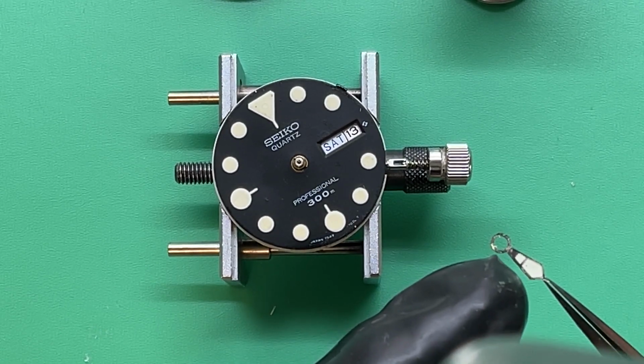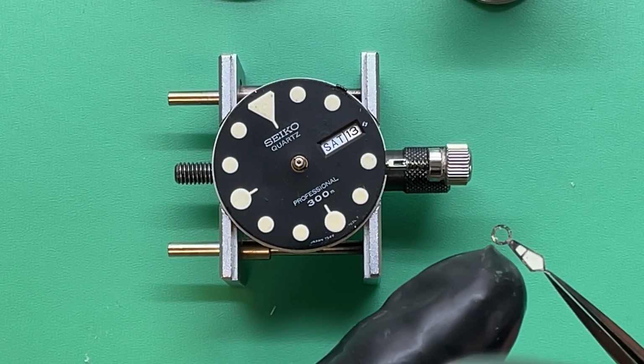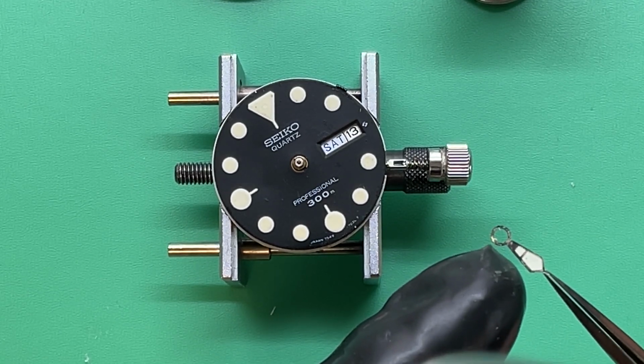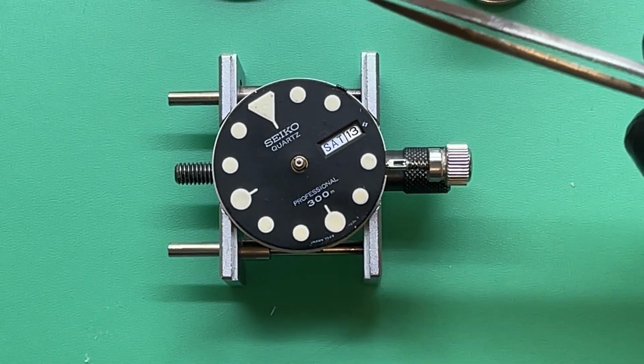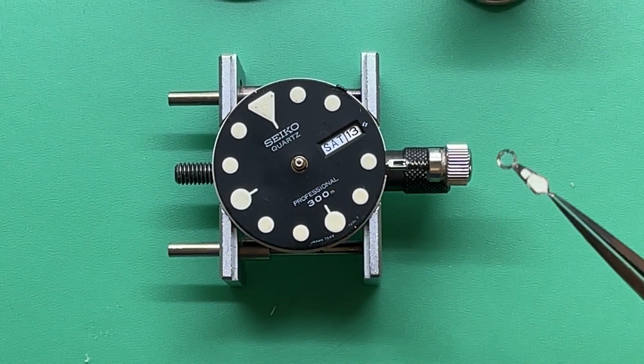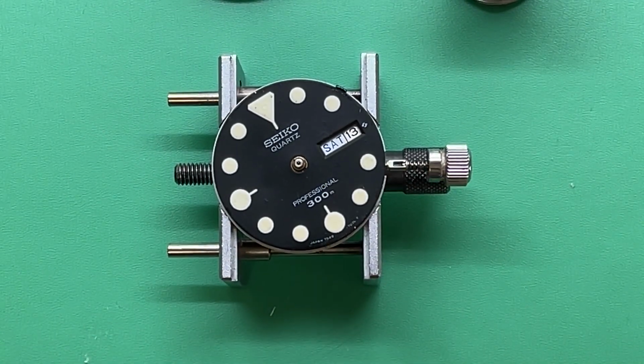So this black stuff, it depends. I'm going to clean it. It's possible that the black stuff will take the plating off, but I'll do my best to minimize it. I won't know until I actually do it. Here is your